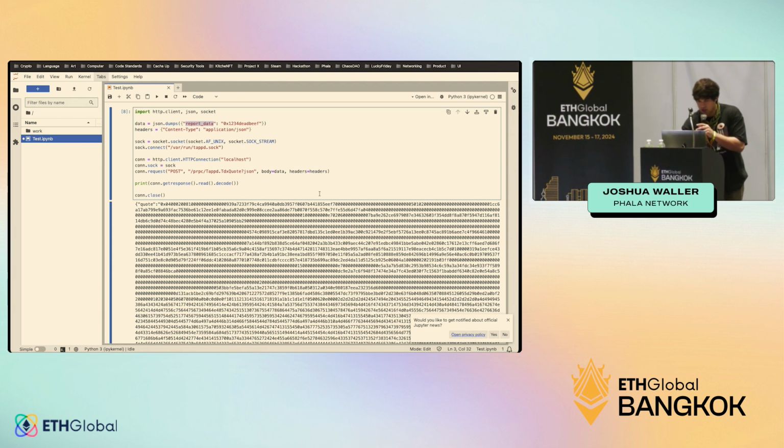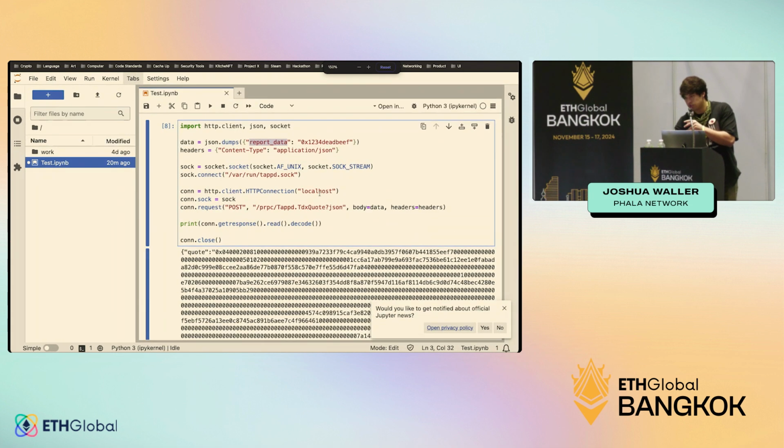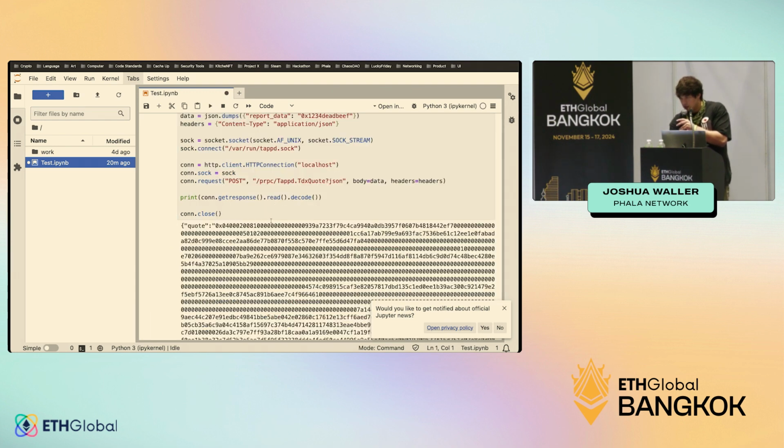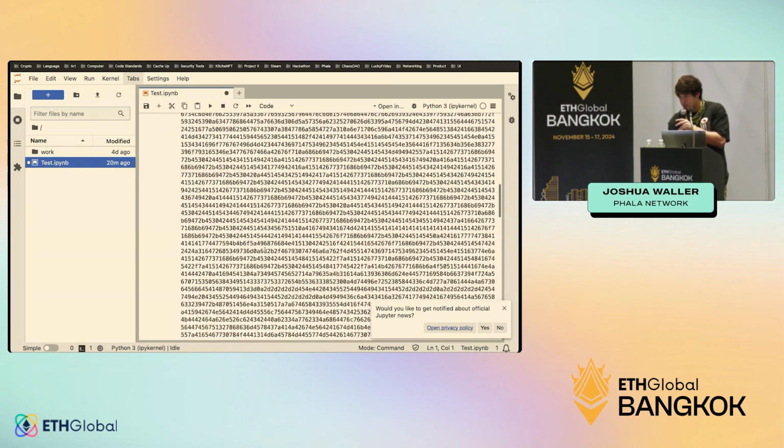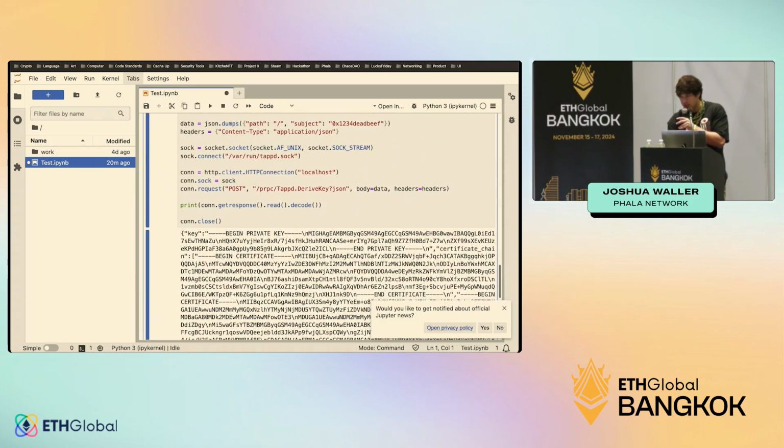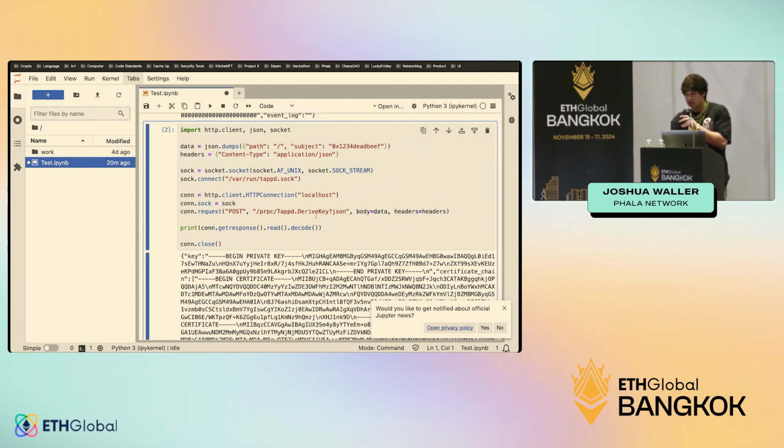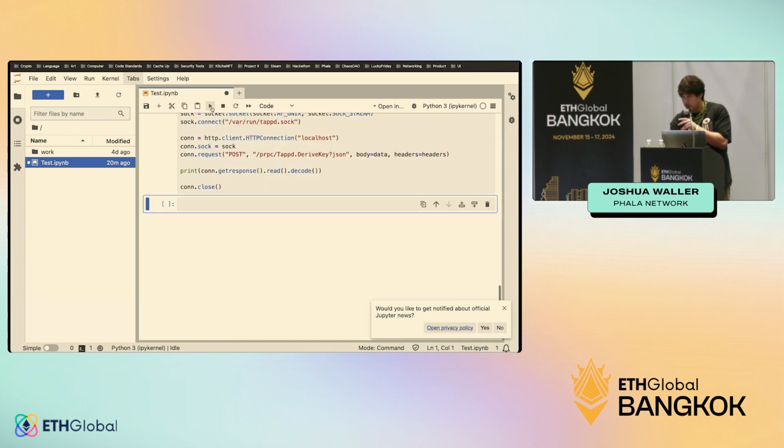So I'll zoom in here, so people can see. But yeah, you can run this here and get a quote. So I have a quote here, and then another key feature is derive key. You have this derive key function as well, where you would define your path. So you could define a root of trust, and then pass in a salt here from the subject. Whenever you generate this, it would generate the same key, I believe, on this one here,